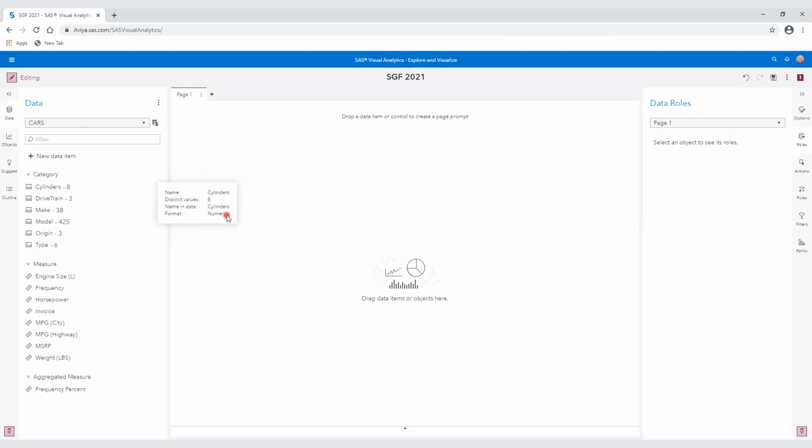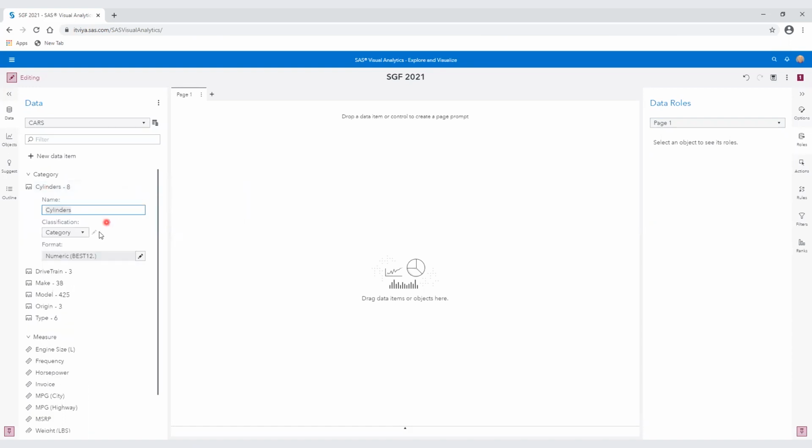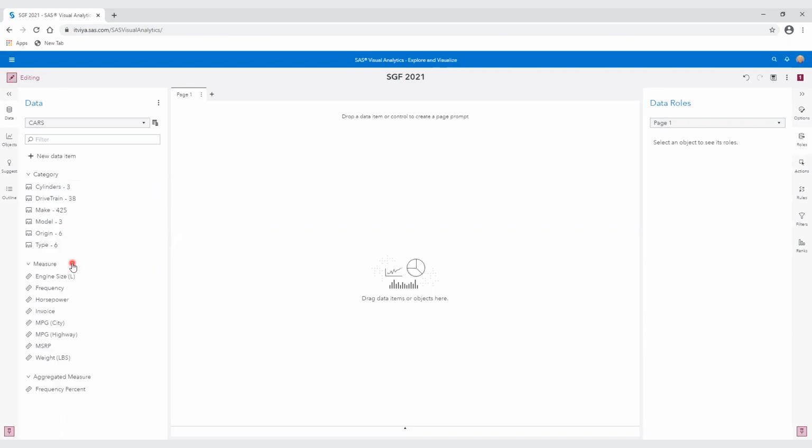Now, one of the things that I did before starting this demo is I changed it to make it a category. It was originally a measure because these are numbers here. Cylinders are numbers. Let me change that back here. You see its classification role is category, and originally it was a measure because these are numbers of cylinders in a vehicle.